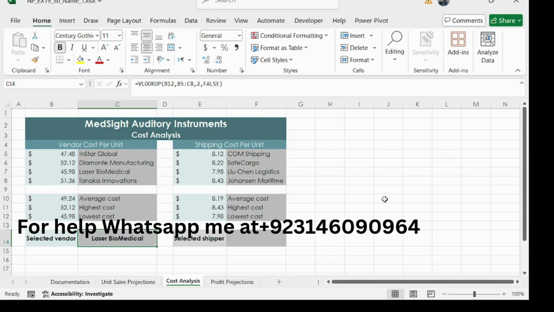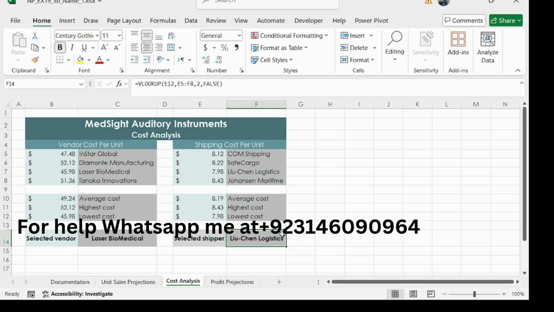And copy this formula, Control C, to F14, Control V here like this, and then press escape. So we have completed 8 steps here.